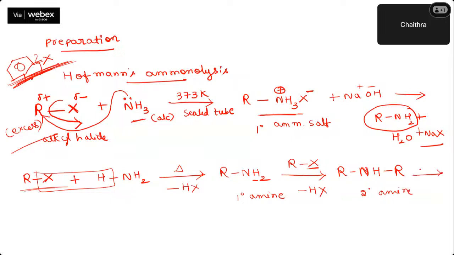Now on the arrow mark, once again I'll write RX. So please predict the product. See here, one more hydrogen is left, right? Can you tell me what product forms? Remove HX. What kind of amine is that? Now I get R3N. What is the nature of the amine? Nitrogen is directly attached to how many carbon atoms? Three. So this is called a tertiary amine, right?